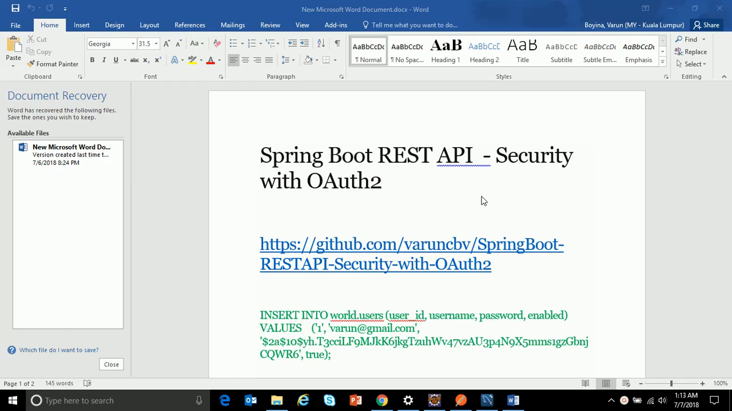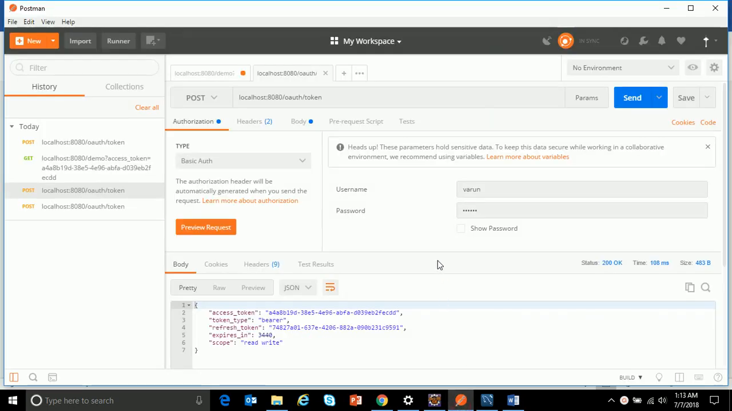Welcome to a small demo which uses Spring Boot REST API along with OAuth2 security. This is how my demo looks. There are basically two steps